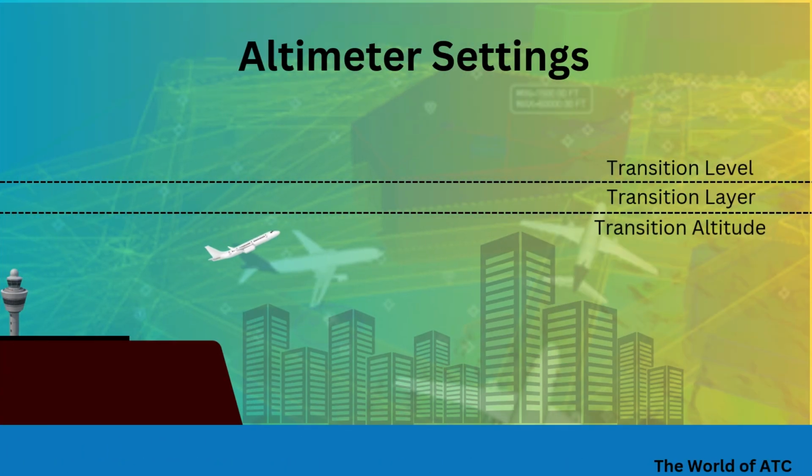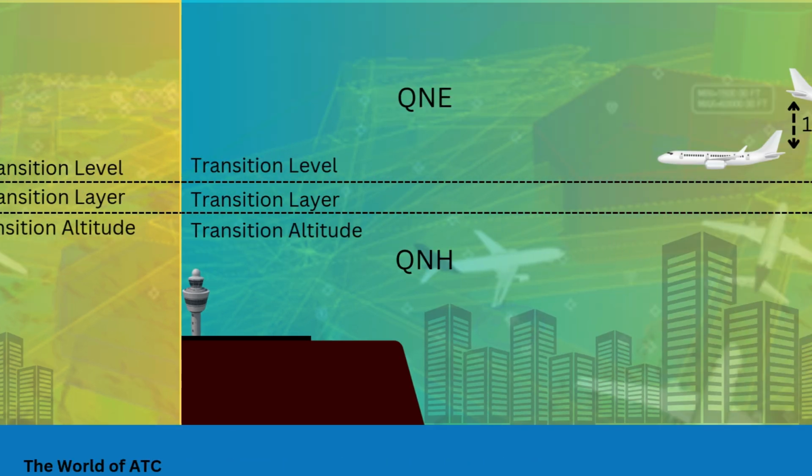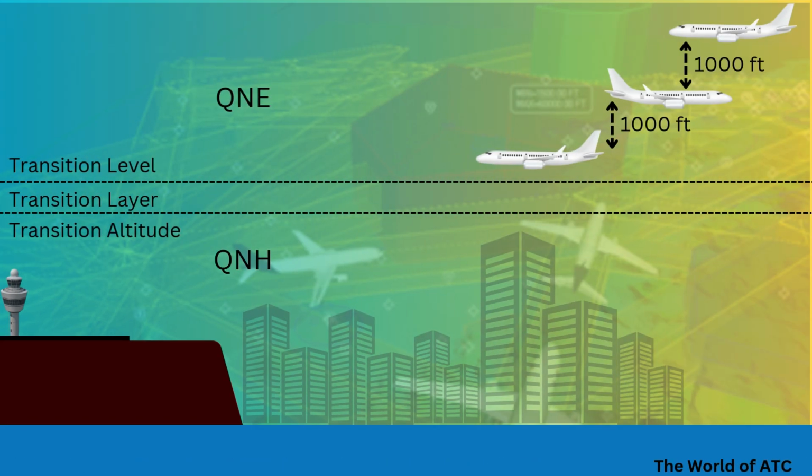Once an aircraft is departing from an airport or going to land, the aircraft will maintain QNH below the transition layer. If it's a departing aircraft, then till the transition layer and before the transition level, the aircraft will have to switch to QNE. The pressure setting would be changed to 1013.25 so that the separation of 1000 feet can be ensured en route between all the aircraft, while QNH is to ensure separation from the obstacles and the terrain around the airfield.